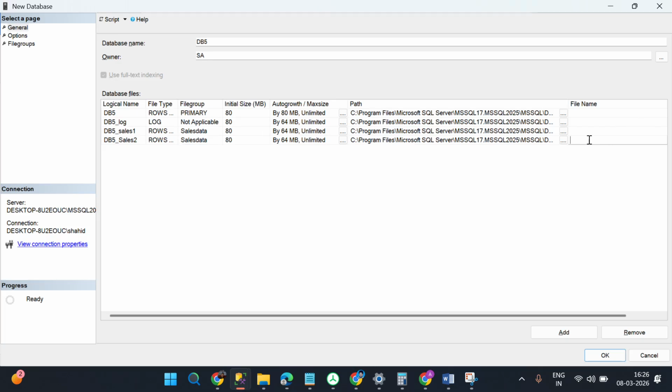If I give db5_sales2.ndf here, or if I don't give it, it will take it automatically. I will not give it for sales1, nor for db5_log and the db5 MDF file. So if I click OK,